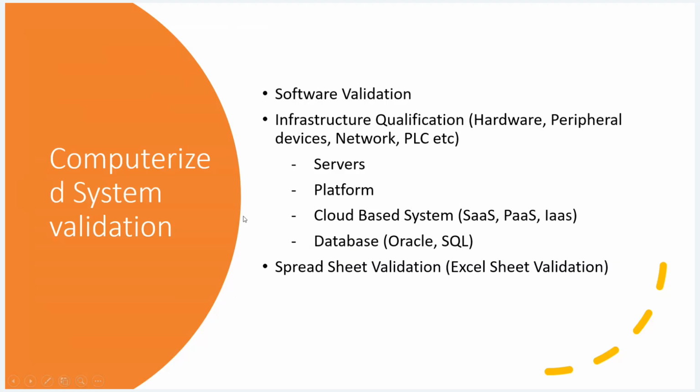Now, what is to be included as part of our course? Let me provide a little scenario here. We are going to include software validation, how to validate software. But the software is installed on infrastructure, on the server, on the client. Ultimately, you have to install the software like you install WhatsApp on a mobile, isn't it? Same way, when you use software in the pharma or regulatory industry, you have to install it somewhere in a computer system or on the server side.